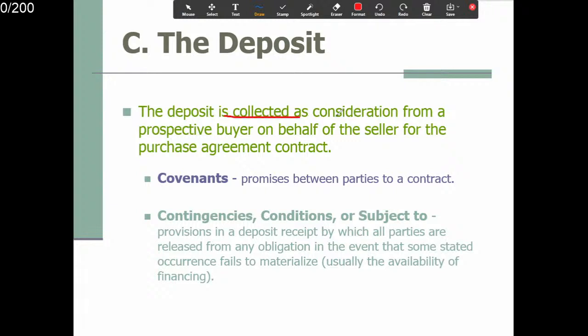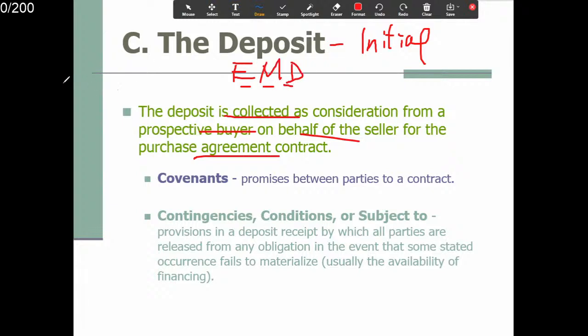Alright, the deposit. The deposit is collected as consideration from a prospective buyer on behalf of the seller for the purchase agreement contract. What we call the deposit is called the initial deposit, and it's also called the EMD. Okay. Earnest money deposit. 初期的定金 okay, 也是叫 EMD. Okay. So what happens if you don't put the EMD in? Then there's no contract. The contract is not agreed, right? That's part of the contract. 一部分的协议就是你要放那个初期的定金在里面了，你不放进去的话就没有了，OK，你就犯规了，right？